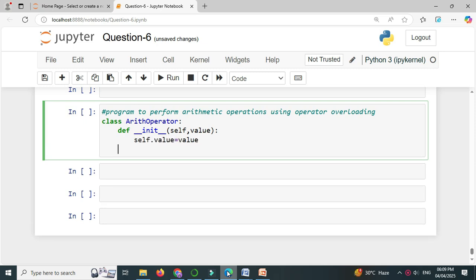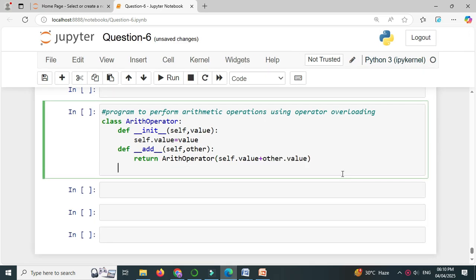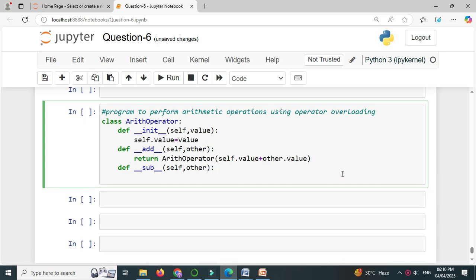Then we will write operator overloading methods as def. For addition we will use the __add__ method with self and other. And here we will return ArithmeticOperator with self.value plus other.value. Then we will write magic method for subtraction as def __sub__ with self and other, and here it will